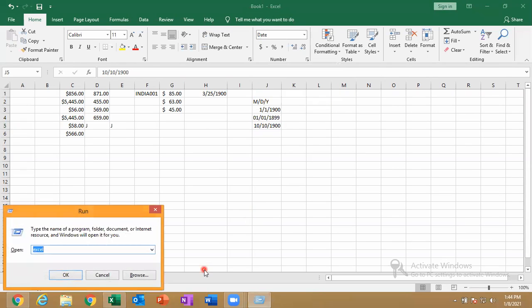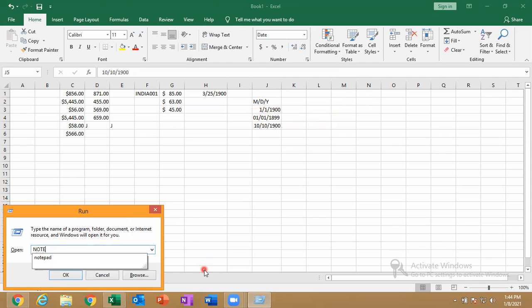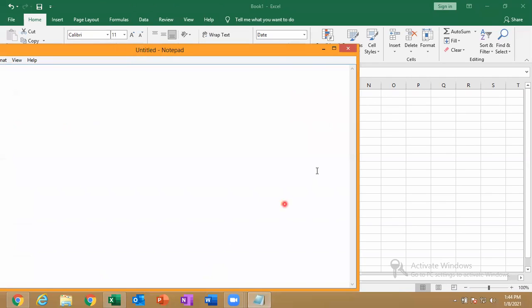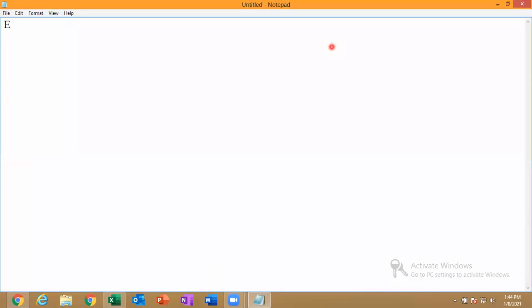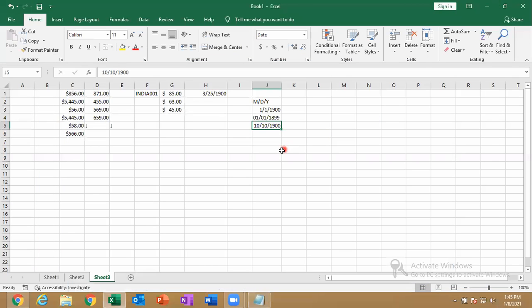Is that clear? So anything lesser than that, for example 1899 and so on, if I enter, Excel will not understand. It doesn't know what that is.